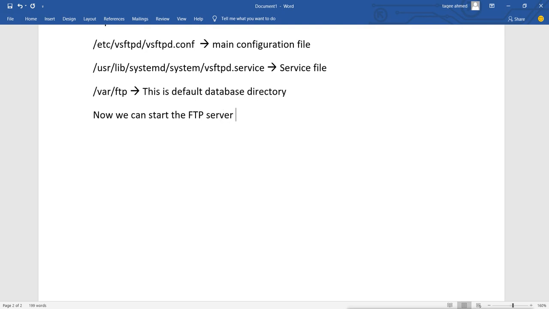So for starting the server, we have to start the service. When we start the service, the server will start.